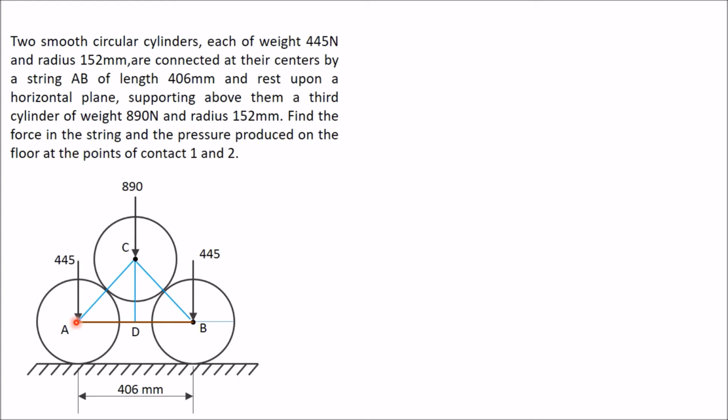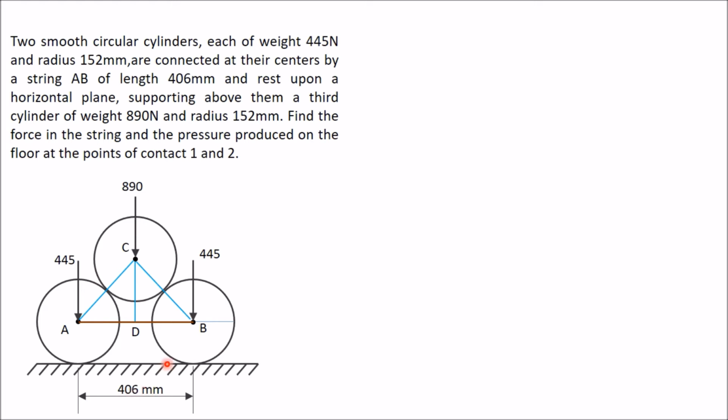Here there are two triangles ADC and BDC. In these two triangles, AC and BC are of the same length and equal to twice the radius of these circles, that is 2 into 152, that is 304 mm, and this side is common for both triangles and this angle is 90 degrees, and therefore AD and DB will be equal. Now total length is 406, therefore AD equal to DB will be equal to half of 406 mm,